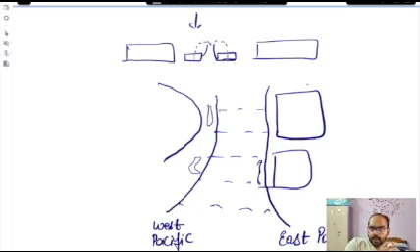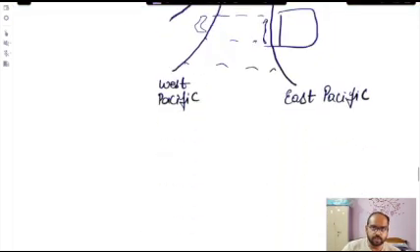Nazca plate and Pacific plate divergence results in what we say is ocean divergence. Okay, we have talked about convergence, we have talked about divergence, and